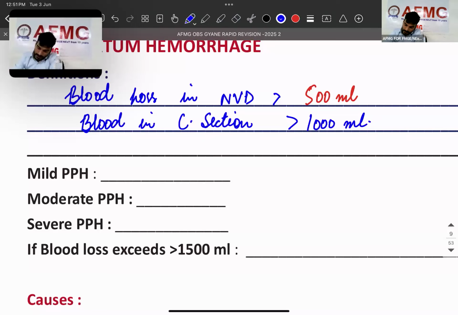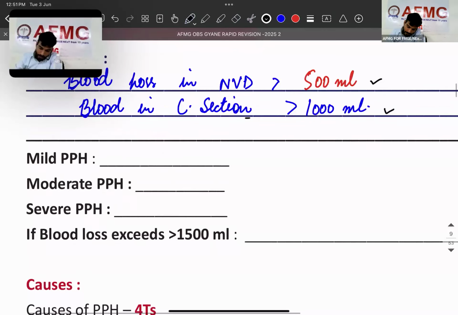Okay. Now second part. Okay. Bleeding loss in normal vaginal delivery is going to be postpartum hemorrhage. In case of cesarean section, when it exceeds more than 1000 ml. Okay. Now mild PPH. It's